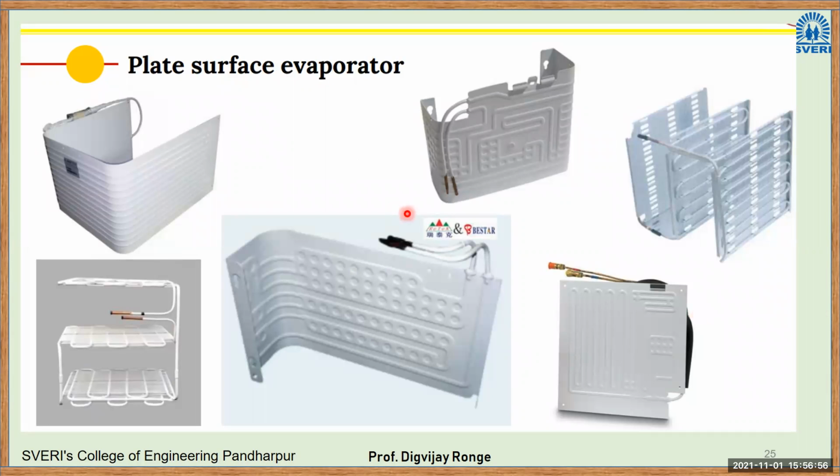Again, this is also very familiar. If you open your fridge, you will find this kind of casings, right? These casings are nothing but the evaporators. You can check it at home also. You can go and check the inside surface of your fridge. It will not be plain. There will be some kind of grooves. That is nothing but the evaporator. Inside that the refrigerant will flow. It will cool the air inside the refrigerator. So that will be a direct contact between refrigerant and air.